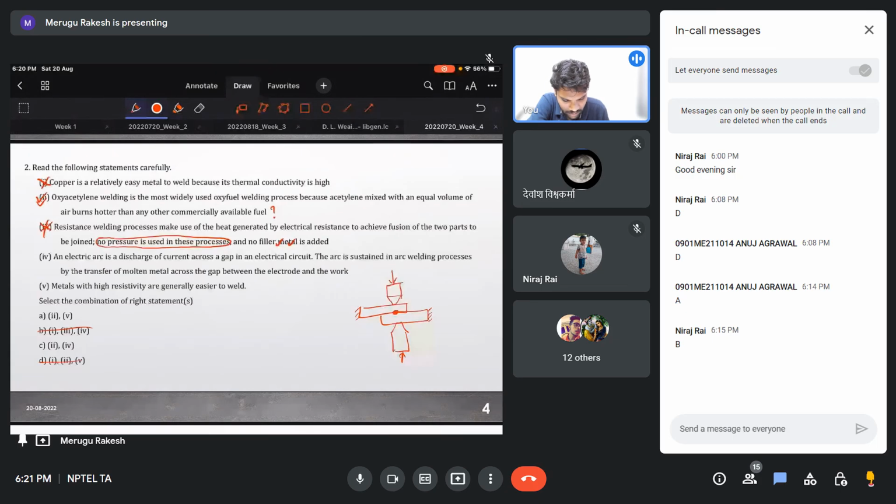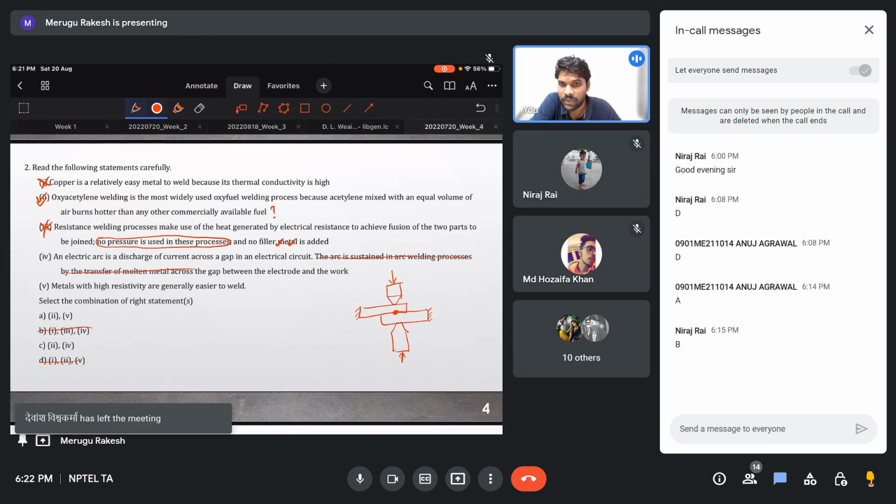An electrical arc is a discharge of current across the gap in an electric circuit. True. The arc is sustained in arc welding process by the transfer of molten metal across the gap. So this was the wrong statement. Why wrong? The arc is sustained not because of the transfer of metal, but due to the maintenance of the ionization column. If you see any arc process, you can see that arc. That arc is an ionized electric zone. There are 3 regions across it, but we don't go deep into it. It is sustained due to the ionization column maintained between the electrode and the workpiece, not because of the transfer of metal